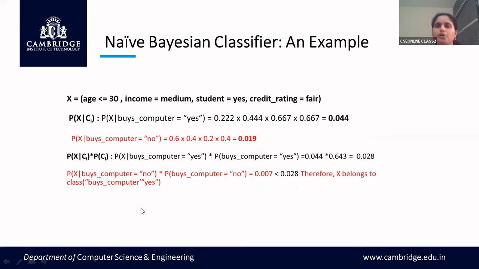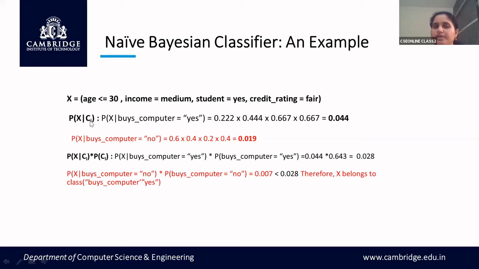So once you have found this, this is our sample, right? This is the sample that is got from your test data set. So this doesn't have a class label. Now we are trying to predict what could be its class label. So for this X, you will find out your prior probability. The prior probability is got by P of X given Ci.